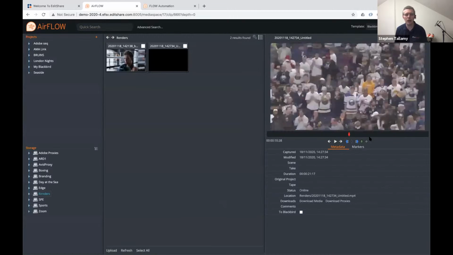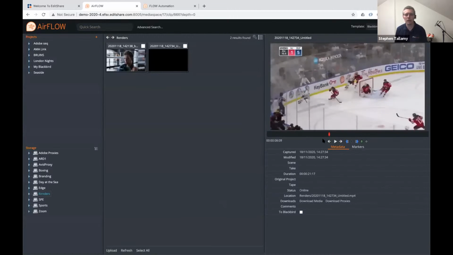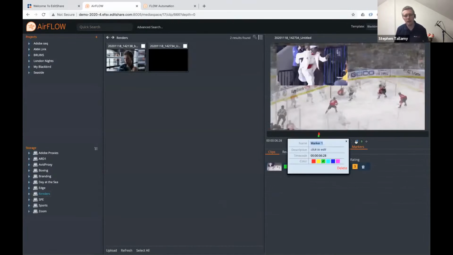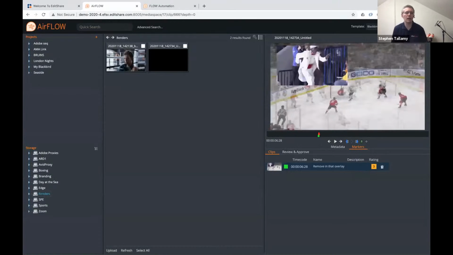We can have a look at it. We can go through here, and maybe I might want to make some comments on this as well. So now we can go into a review and approve style of workflow. So here, I'm going to put in a little thing here. Actually, I'm not so interested in that overlay. It just doesn't work for me. So I can put that in here, then Ollie can take a look at these comments and can make any changes he wants to inside of the editing environment. So very easy for me to make these review comments.